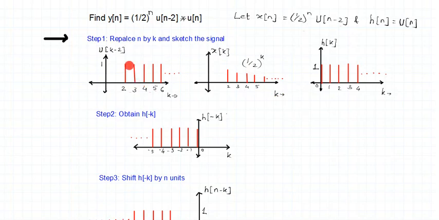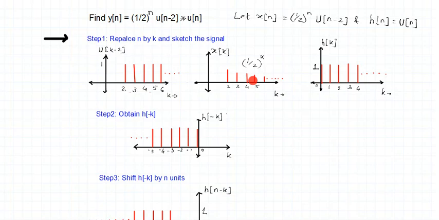The unit step signal starts at time instant 2. So here n is 2. With respect to the k representation, your k is 2. So it becomes (1/2)^k. With k value 2, the magnitude becomes 1/4. Now the magnitude is not 1 anymore. When we multiply (1/2)^k with the shifted unit step signal, the magnitude is 1/4. At 3, when I put k as 3, it is (1/2)^3, so it means that it is 1/8.